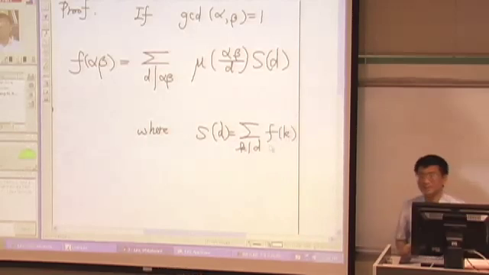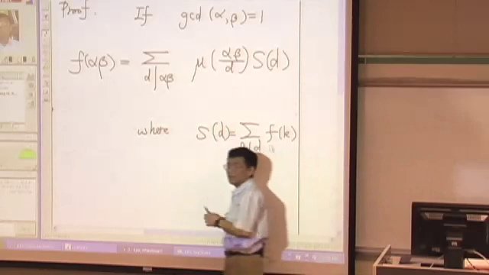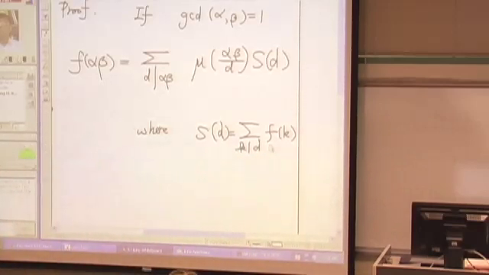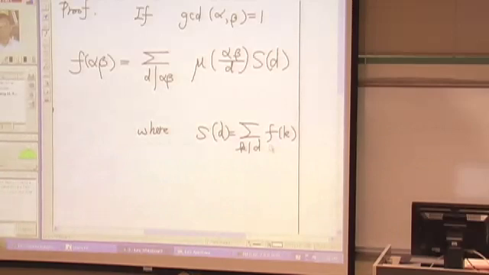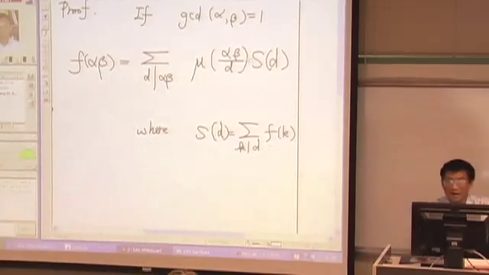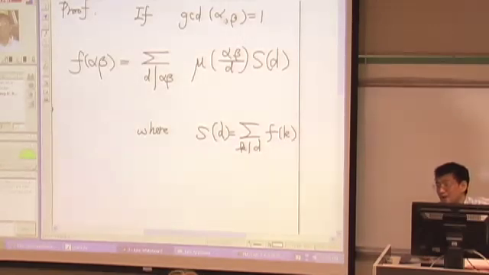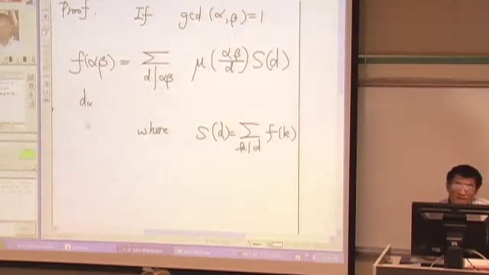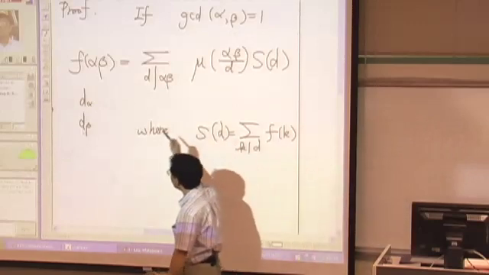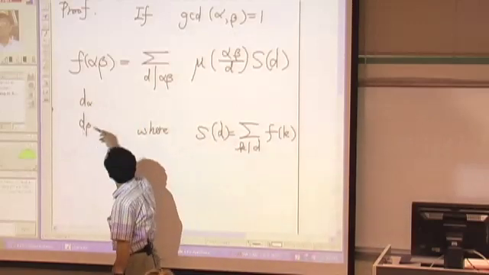Do you get it? So this is the definition part. Then the next part is decomposing it, because alpha and beta are relatively prime. We can decompose this to d alpha, d beta. Do you get it? Alpha beta, d divides alpha beta, then some part should divide alpha, some part divide beta,